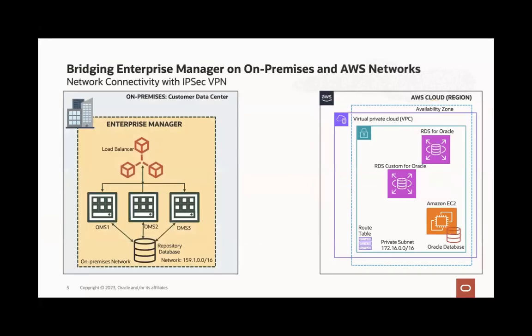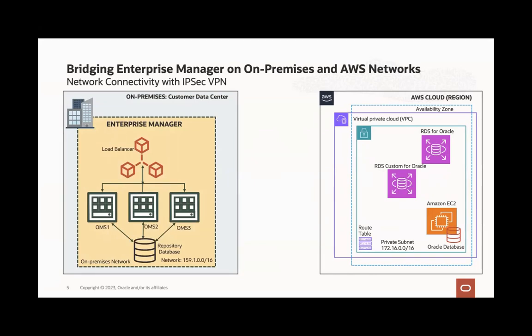So in the hybrid cloud architecture, let's see how to create the network bridge between on-premise and AWS cloud, allowing Enterprise Manager running on the on-premise network to seamlessly connect to the AWS cloud network for comprehensive monitoring of RDS databases running on AWS instances. Here we have Enterprise Manager deployed on the on-premise network, which is monitoring various target types deployed across data centers. In the hybrid cloud environment scenario,